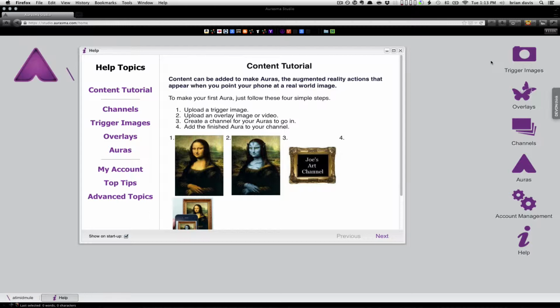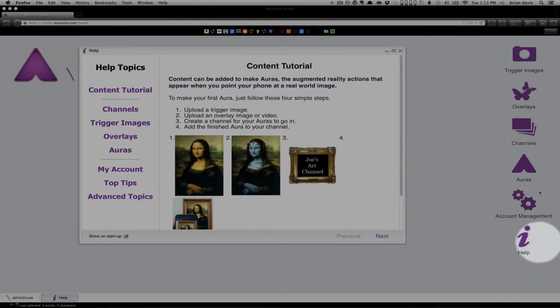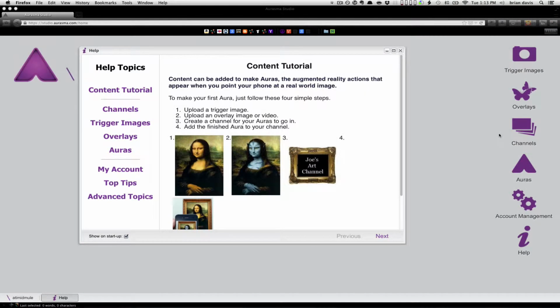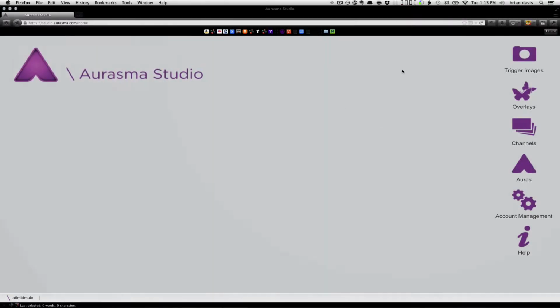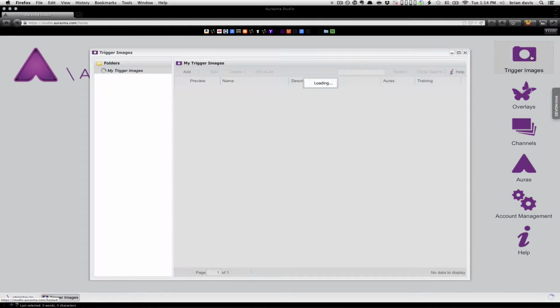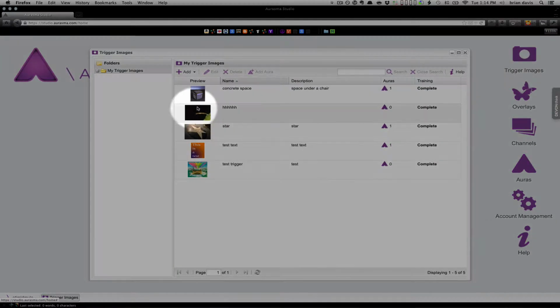and some buttons over here on the right. So these buttons allow you to go through the process of creating an augmented reality image. What I'm going to do first is just close that window, and the first thing we need to do is upload a trigger image. So I'm going to click on trigger image,